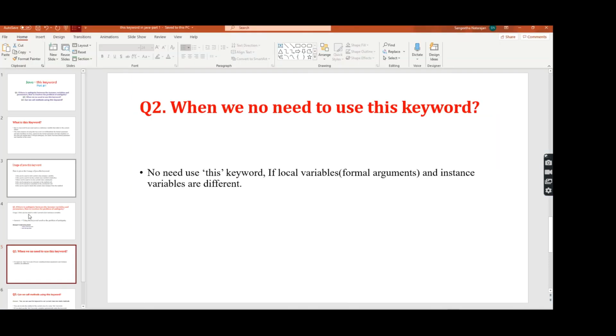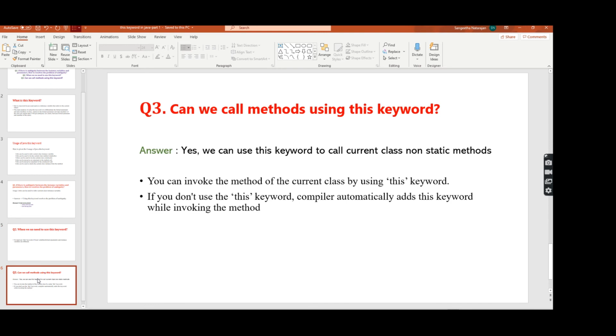Okay. Next, we are going to look into the third question. Can we call methods using the this keyword? Yes, we can. How? Notice one point: we can call a non-static method, not a static method.